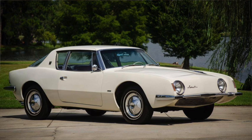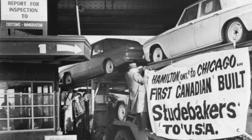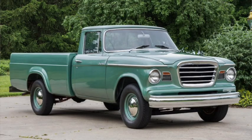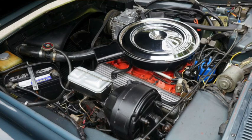Less than 6,000 were built before production stopped at the end of 1963, including just over 864 models with updated headlight assemblies. The company planned to restart production in Canada in 1965, but instead they sold the Indiana plant, tooling, and rights to the Avanti and the Studebaker pickup trucks to a couple of local dealers who created Avanti Motors and Studebaker truck parts. The Avanti II began production for 1965 using the Corvette's 300 gross horsepower 327 V8, and